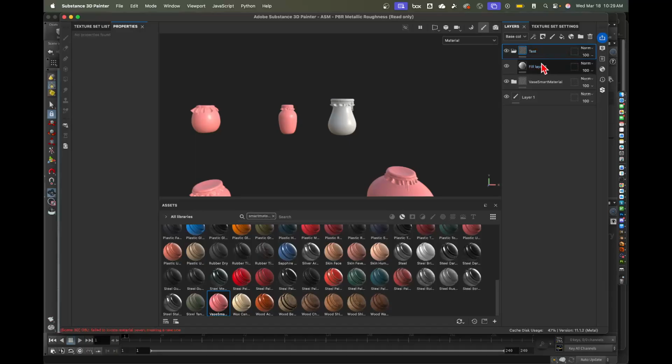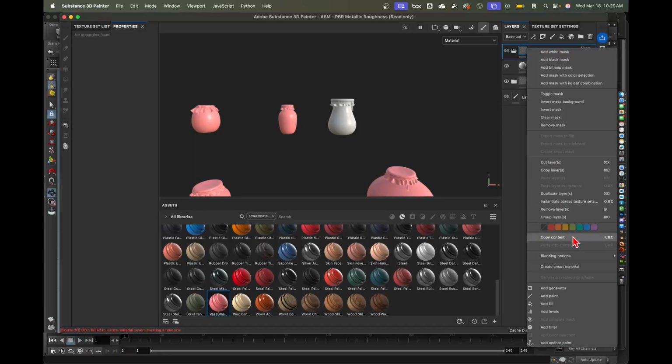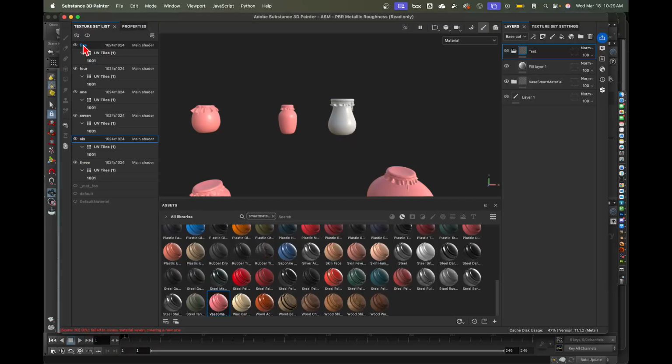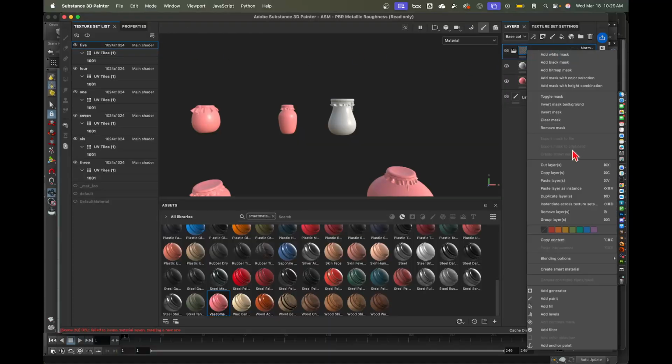So we are going to copy this. Copy layers. And now we're going to go to our other object. Okay. And we are going to right click and we're going to paste